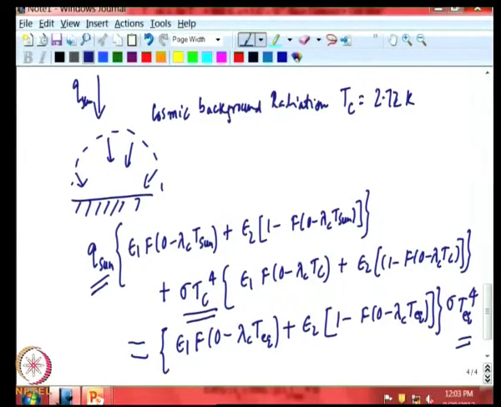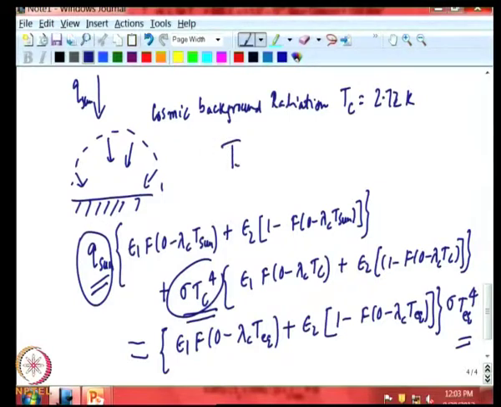Of course, you would expect that the sun will play a very important role, because radiation emitted by the sun is 1365 watts per meter square. The cosmic term will be very, very low, because at a temperature of around 2 degrees Kelvin, the radiation coming into the surface is very small. We still retain it, because in the limiting case wherein we are able to prevent absorption of any solar radiation, this term will begin to play a role. So, here our aim is to find that lambda c which gives you the lowest temperature.